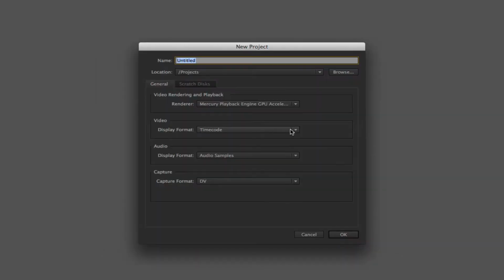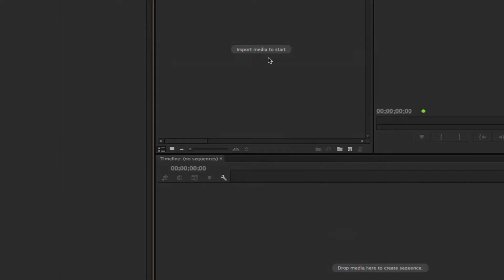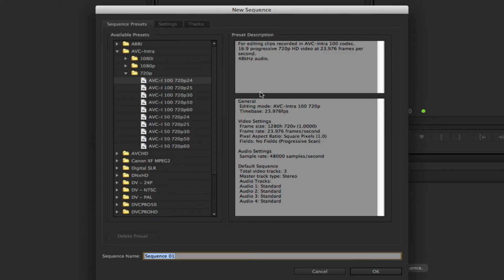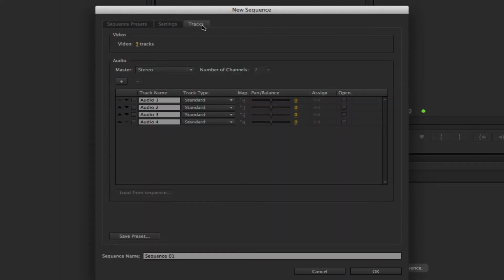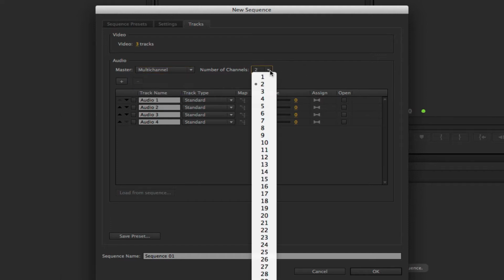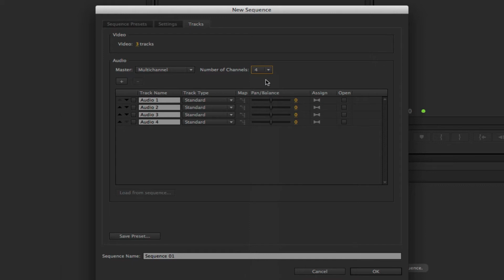So we go to New Project, we're going to Michael Mix Minus Template, and I'm going to make a new sequence. In the new sequence, I'm just looking at audio tracks. You go to Tracks, Master, Stereo is fine if you're going to do a stereo mix, but in our case, we need to go multi-channel. Multi-channel, I'm going to say 4 channels because I need 2 channels for the stereo mix and 2 channels for